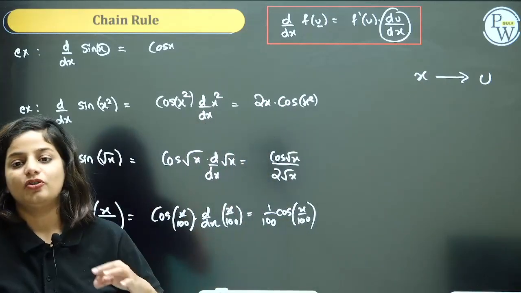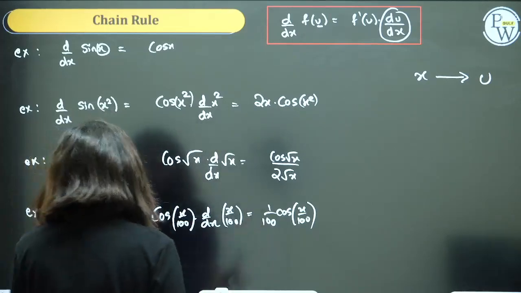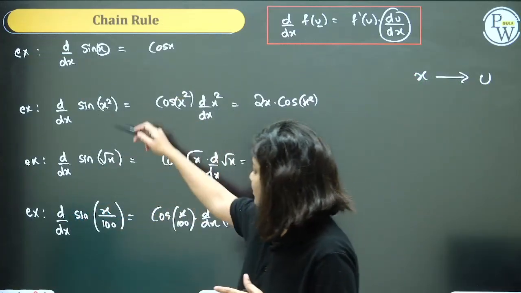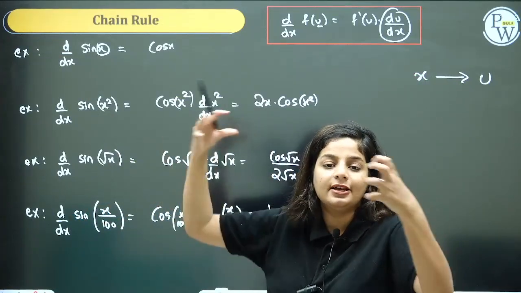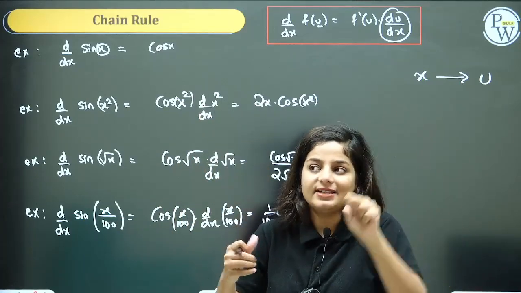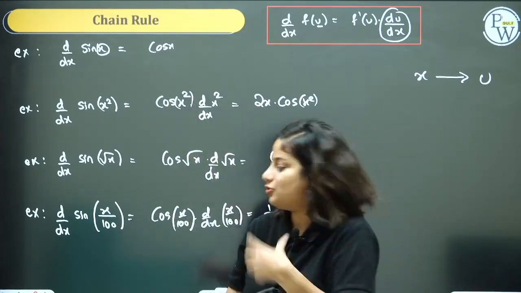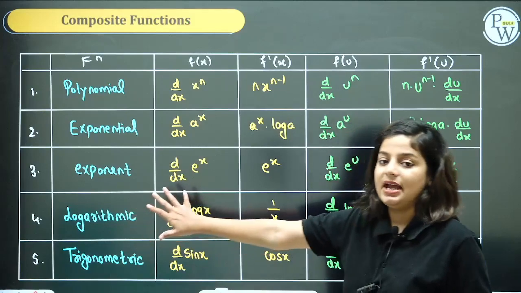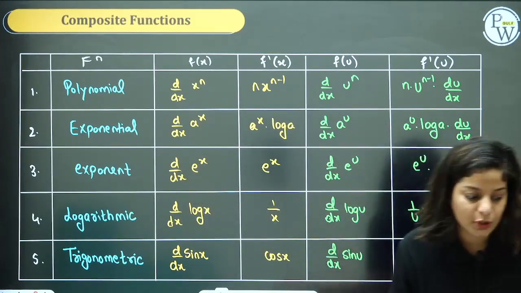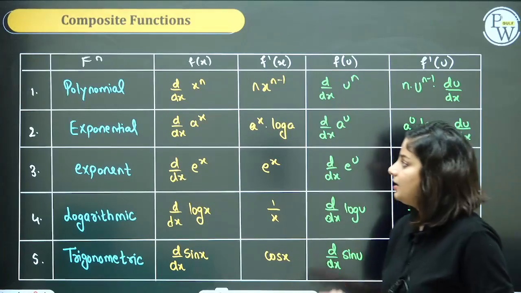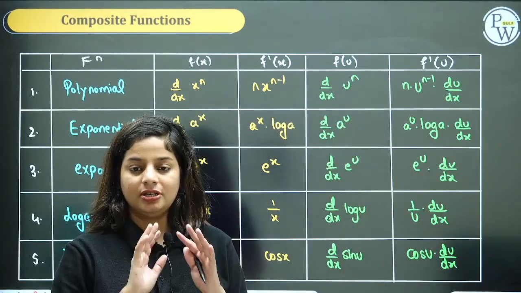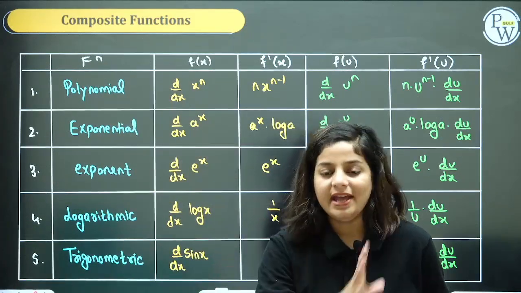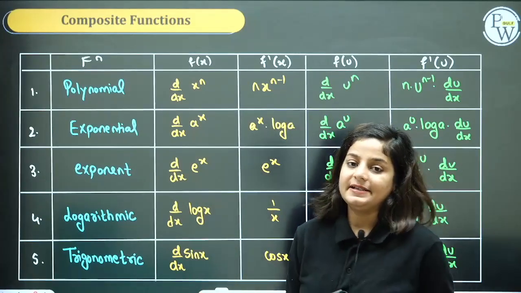In some questions, chain rules are applied multiple times. Now to simplify your question, composite functions, these functions which I wrote, are nothing but composite functions made by two different functions, sin x and x square, combined to make sin x square. So these are composite functions. When you want to differentiate composite functions, this table is going to be super helpful for all of you. Divide every question that comes across you in these 5 categories. It will always fit into one of these 5 categories.